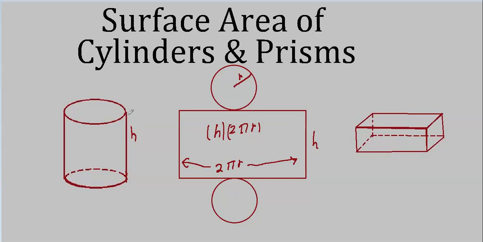It may not be immediately obvious that this is the best way to do it, but if you think about it, you can see it's kind of simple. When you unwrap this, all you have to do is figure out the area of a rectangle. Even though it's curved, turns out that's okay. Just picture yourself unwrapping it and lying it flat, and now you've got a rectangle. Well, for the two circles, we get pi r squared in each case. So, what's the surface area? It's 2 times pi r squared, that's the top and bottom circle, plus h times 2 pi r.